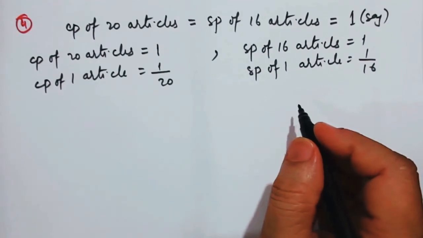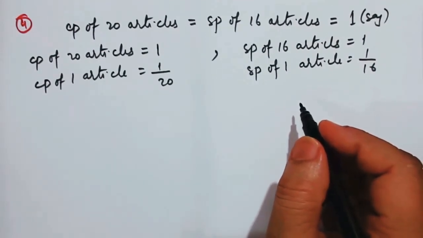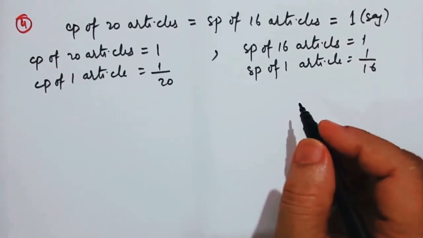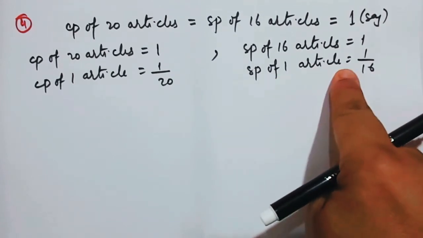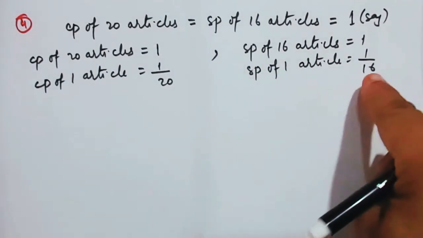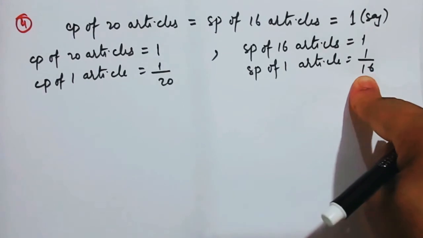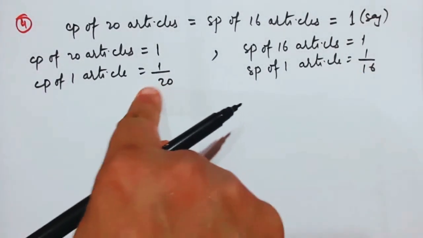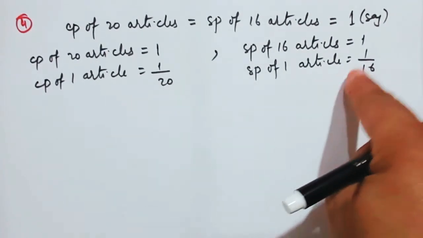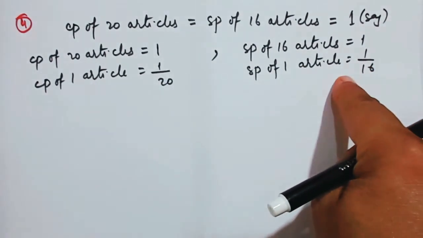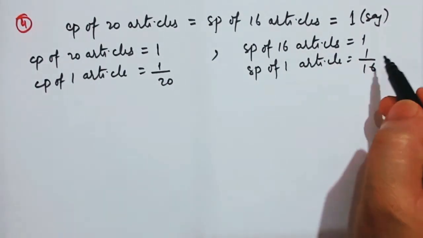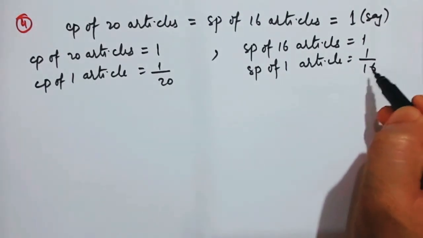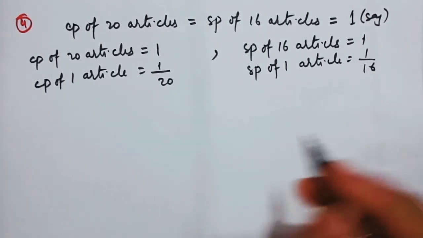Is there gain or loss? Of course there is gain. You can see that the selling price is more than the cost price. The denominator of this selling price is less than the denominator in the cost price. Therefore, the value of this will be more, because you are dividing by a smaller number. So the final output will be more.